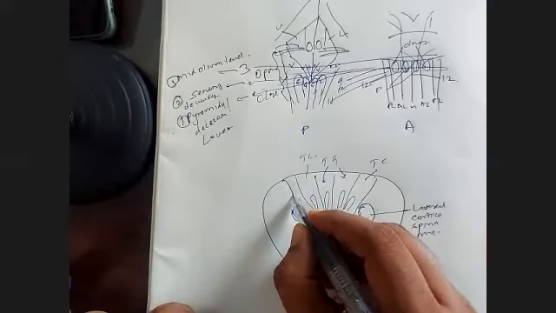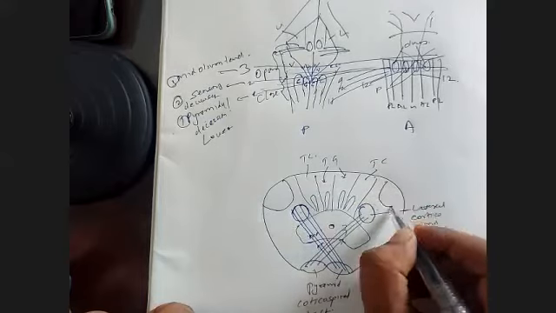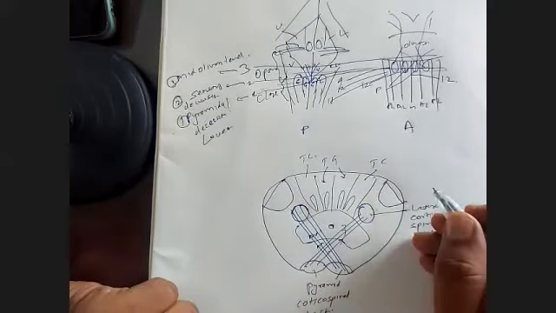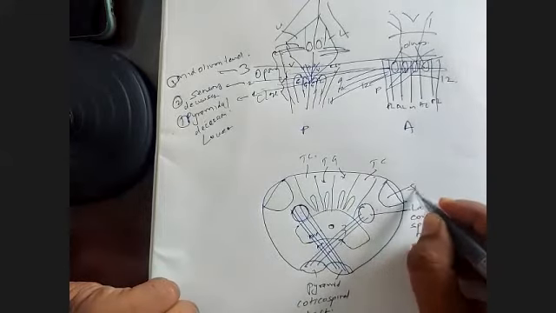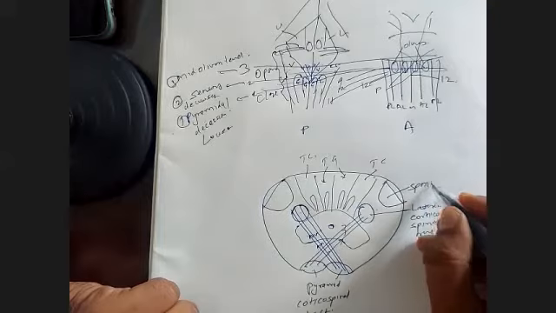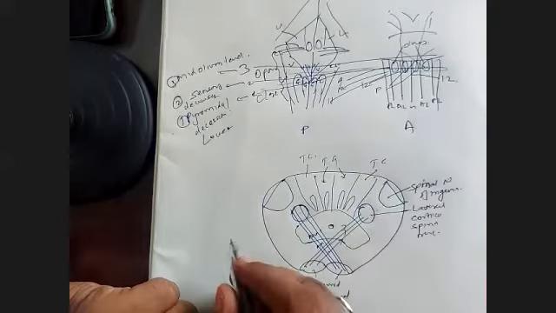Here somewhere will be the spinal nucleus of the trigeminal along with the trigeminal tract. Okay, the spinal nucleus of trigeminal. So these are the key things which have to show in this section.